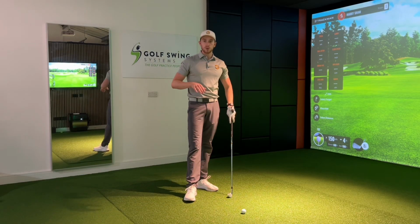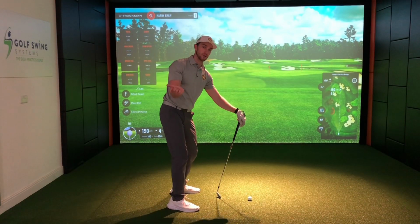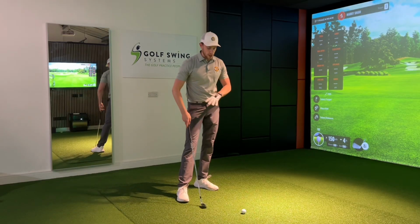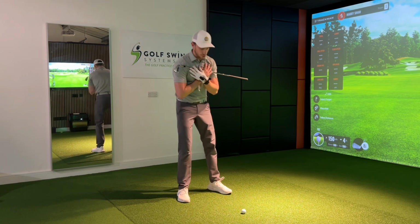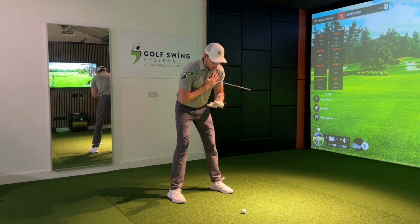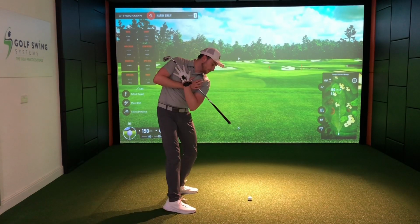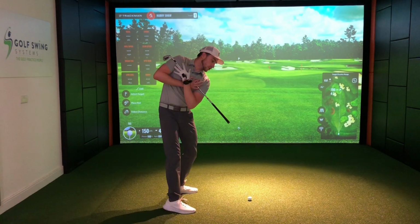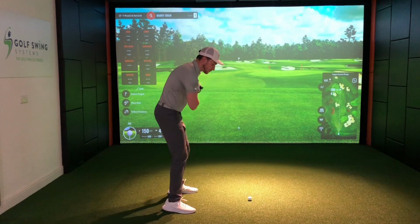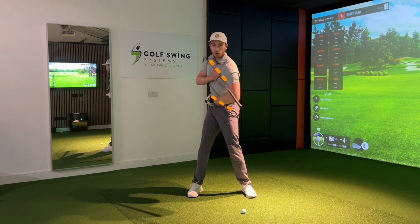Well, to begin with, we've got to understand how the body should be working to help us give ourselves the best possible chance of getting that club into the slot in the first place. How the body should work in the golf swing is very simple, and I can explain this by taking the club and placing it across my shoulders. If I set up into my athletic posture just like this, ideally when I make my way into the top of the backswing, I should be able to get the butt end of the club to point just above the golf ball. And you can see here I'm rotating up to the top of my swing, my right shoulder, trail shoulder lifts up, and my lead shoulder stays below, underneath my chin. And I'm rotating just past the point of 90 degrees with my shoulders